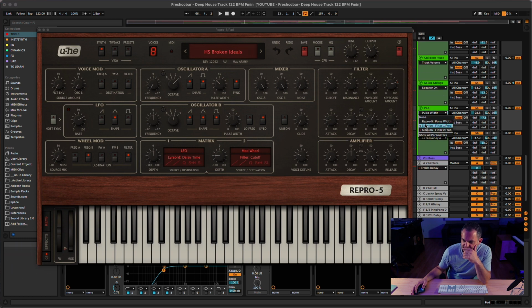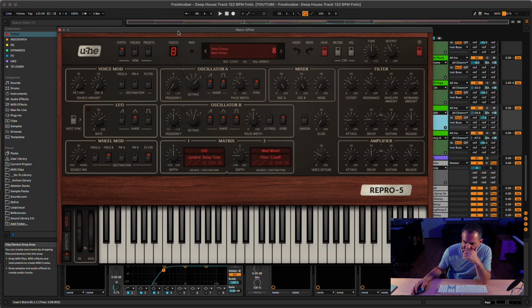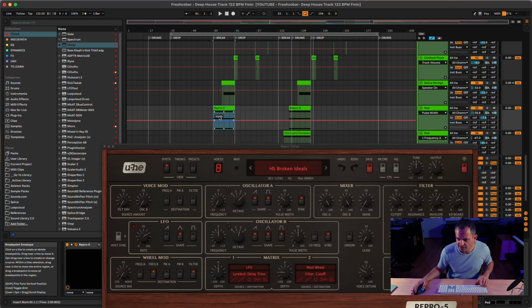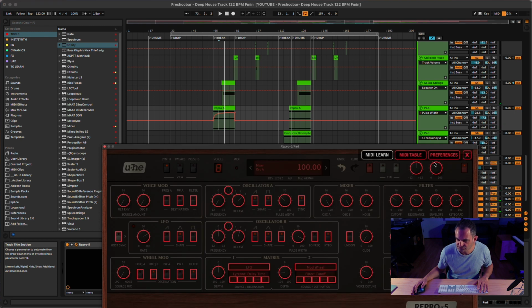Show automated parameters, pulse width. So check this out. If I were to take this and just change this over time, you can see the pulse width here is moving. Now this synth doesn't seem to give a lot of parameters that can be automated,